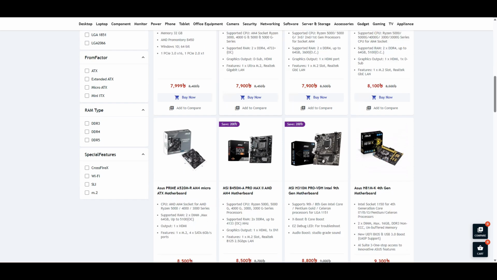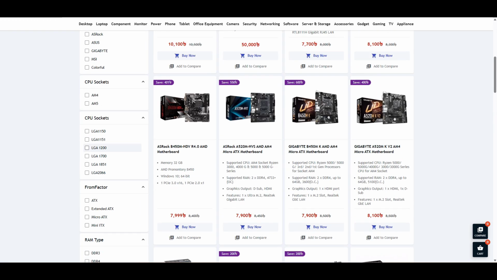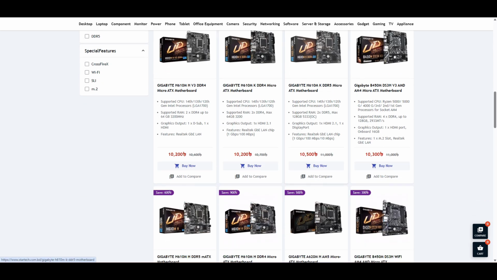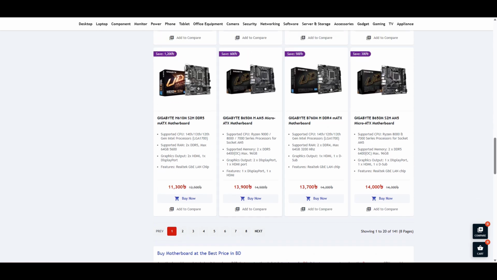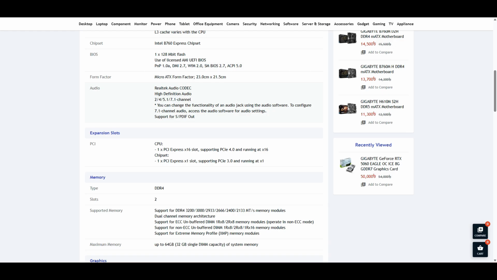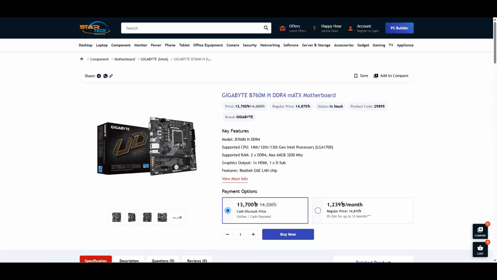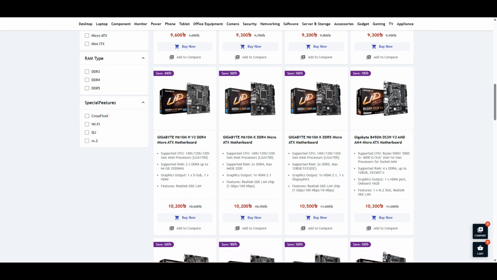How will you know it? When you are seeing this PCI Express, you should go to the PCI slot, then you will see the PCI Express. It's PCI Express 4. So this motherboard isn't compatible with that. So next we go to